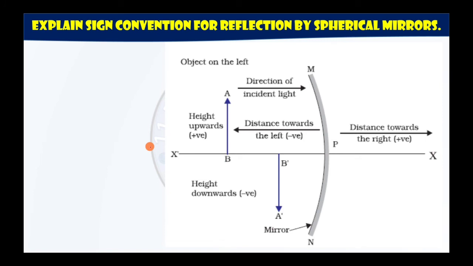rules. So my dear friends, first of all, write this question in your CW, draw this diagram, and then we will write the points of sign convention for reflection by spherical mirrors. So please pause the video, write this question, draw this diagram, and then we shall move ahead. You have to draw exactly the same diagram that is getting displayed over here. Alright, I hope you have drawn this. After drawing this, you have to begin your answer.